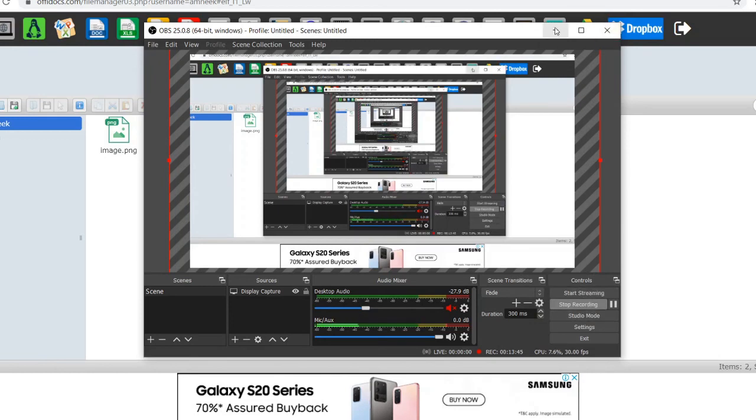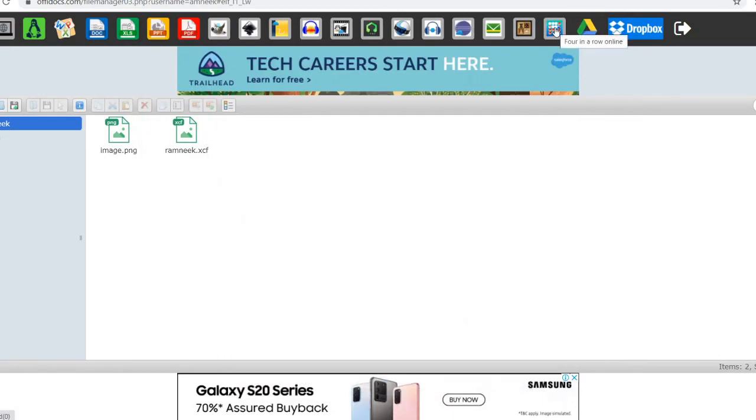Students, for today only this much. Today you have learned how you can install GIMP, what GIMP is, how to use it, how to create a new file, and how to save a file in GIMP.